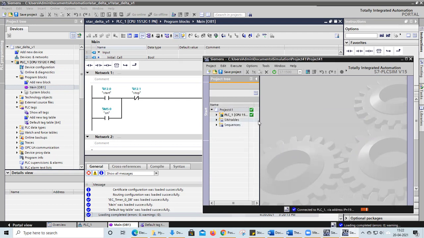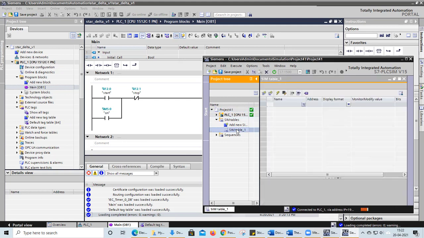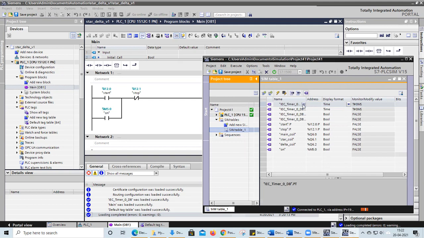Now, in the project there is an option called sim tables. You click on the sim tables, and in sim tables you click on this sim table 1. Here one option is available, load project tags. You click on this project tags. Okay, everything is displayed on our simulator.